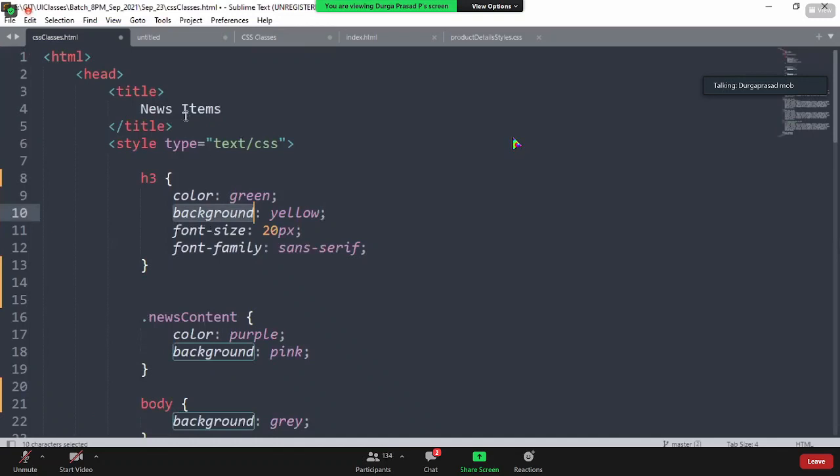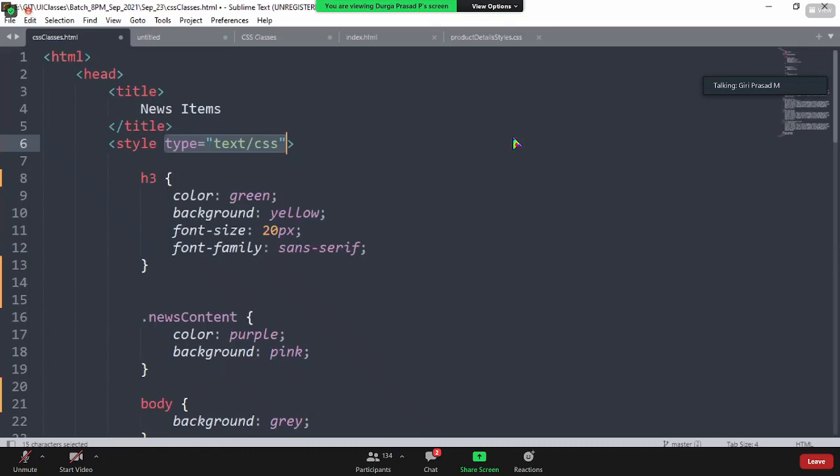So I need to say what type of content this tag is holding: a piece of text information of type CSS. This is optional. You may give it or not, but it will still execute the content as CSS classes. It's optional, but recommended to keep it. Am I clear? Yes, sir. Thank you, sir. Next.